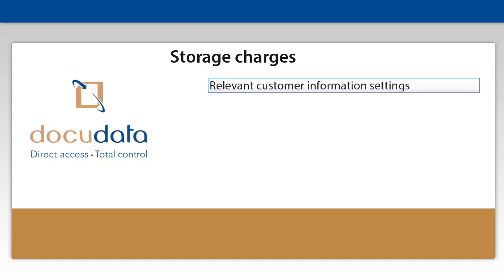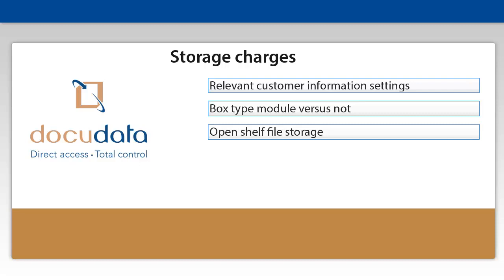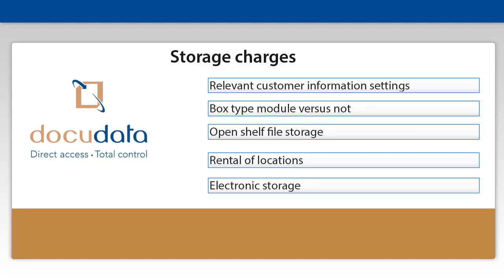We will start by looking at the relevant settings in the customer information module. Then we will look at storage charges from the box type module and the corresponding charges that will be used in cases where a box type is not applied. We will proceed to look at OpenShelf file storage charges, rental of specific locations to specific clients, and finally, electronic